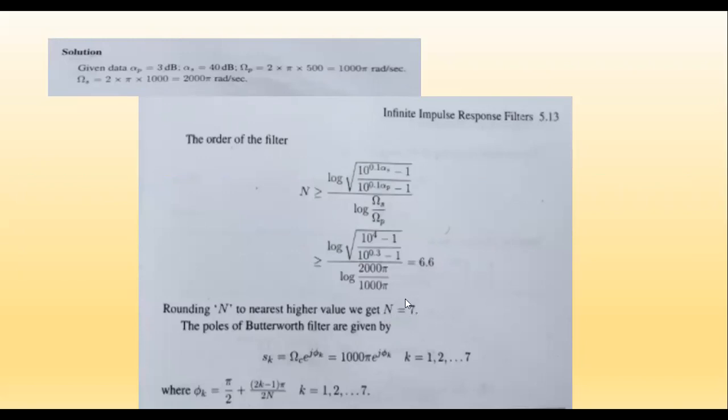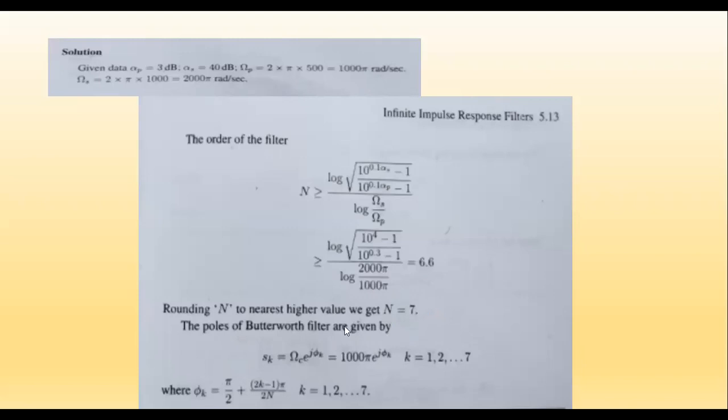So this 7 is the value of order of filter. Now this is one example. This is one thing which is given in a problem statement. When we get n is equal to 1, our task is to find out the value of h of s. So h of s is given for the normalization of the filter, that is cutoff frequency is equal to 1